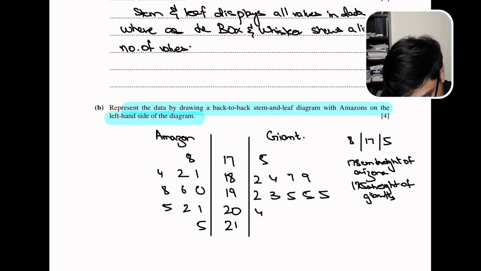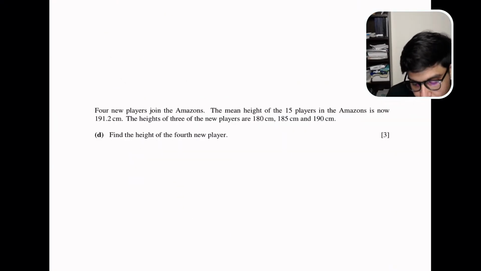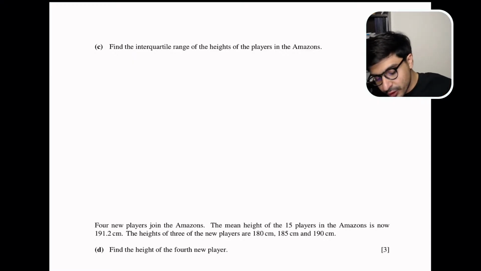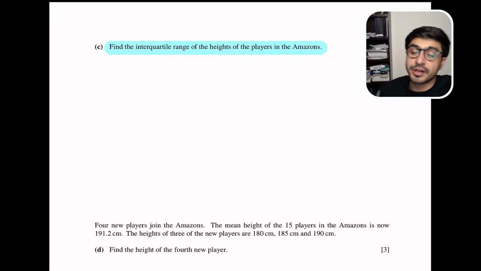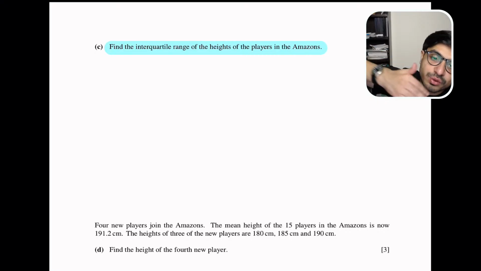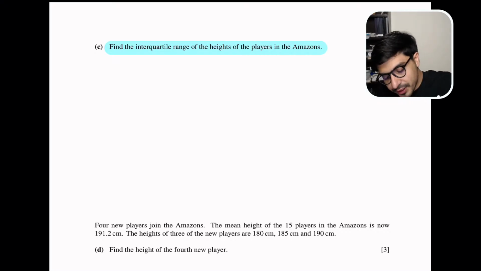Let's look at the third part of the question, and that says what? That says we need to find out the interquartile range of the players of the Amazons, right? So we have already drawn the stem and leaf, so using the stem and leaf we just have to figure out the heights. अब देखो, इंटरक्वार्टाइल रेंज निकालने का मतलब, स्टेम एंड लीफ आपको बेसिकली सारी चीज़ों को अरेंज करके दे देता है ना, तो इसलिए it's better to use this stem and leaf to draw the interquartile range. And to do that, what are we going to do is, first of all we're going to figure out the